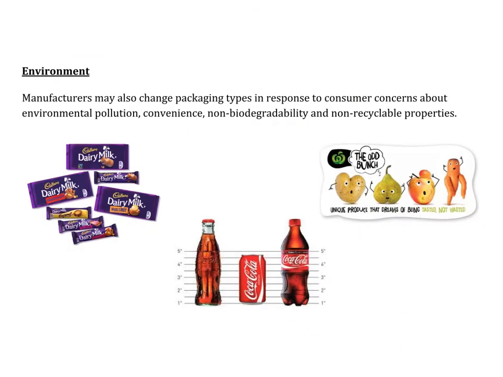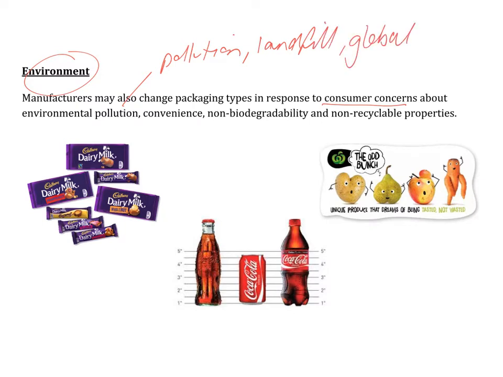The final market concern is environment. Now, manufacturers are changing packaging types to ensure that they are responding to consumer concerns about the environment, mainly pollution, landfill, and global warming, and the effects that producing packaging like plastic can have on the ozone layer, leading to ozone depletion. So biodegradable packaging is one of the biggest examples of how manufacturers are responding to this need, and Plantic